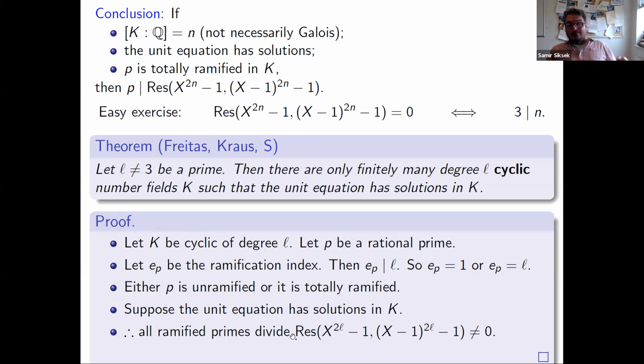So what we have is a bound on the degree. We know the degree, it's L, but we have a finite set of primes, and primes outside this finite set are not allowed to ramify in the field. So the theorem of Hermite and Minkowski leaves you with finitely many number fields, or you could use Kronecker-Weber, because you are in an abelian field.